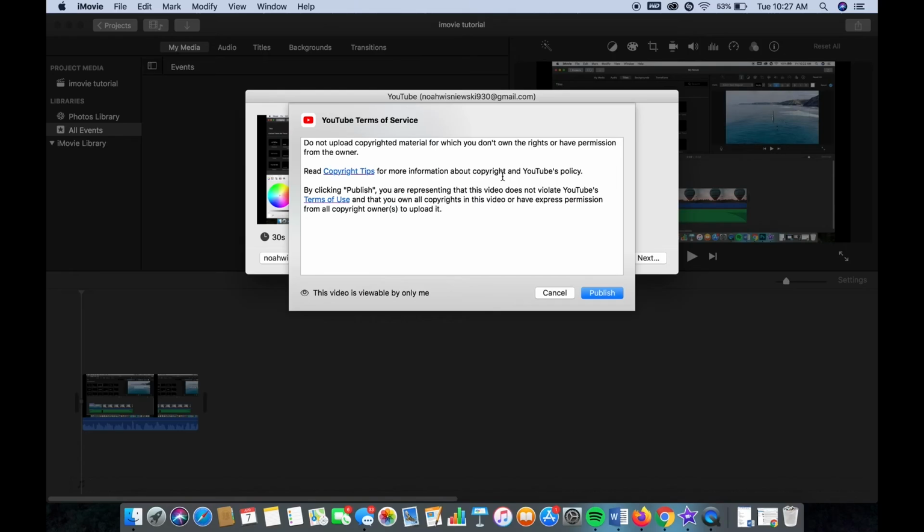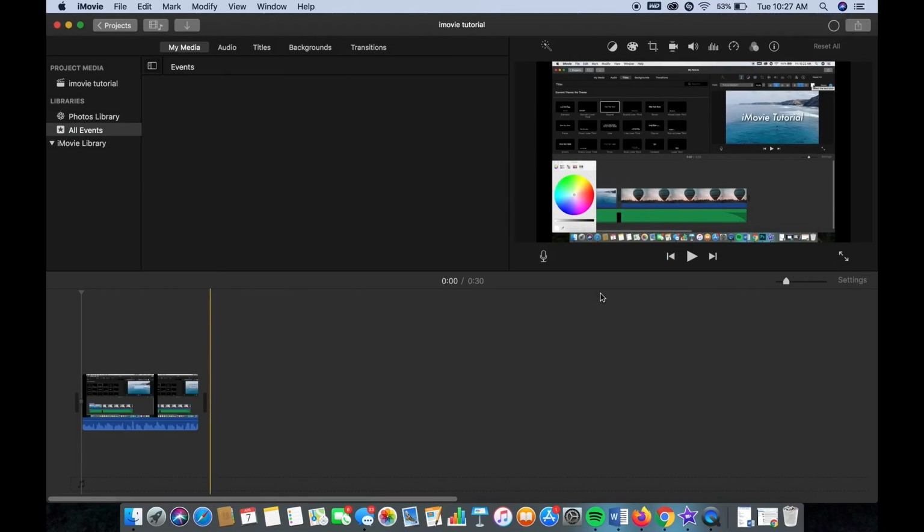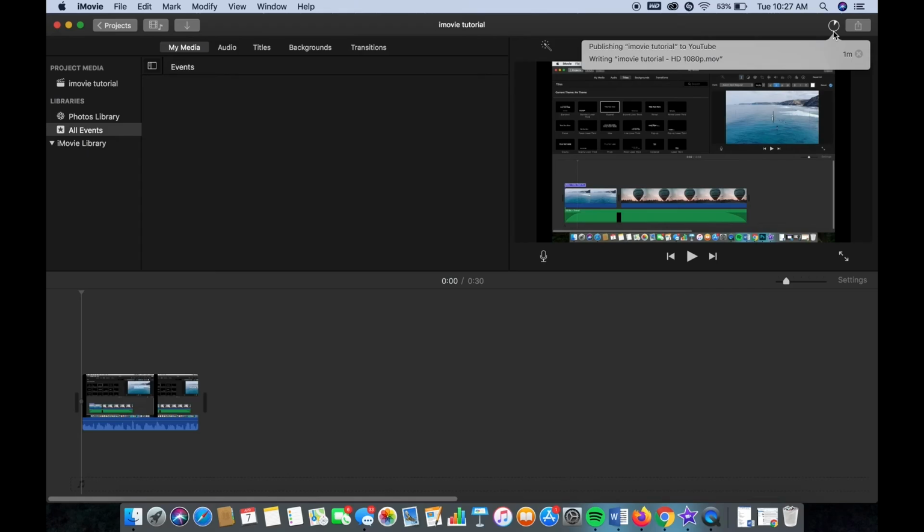So we're going to click publish, and it's going to take it back up to the top right corner. There's going to be a little white circle, and this is going to show you the activity on what's going on. So right now it says that it's writing the movie, and it's going to take about a minute to upload, but depending on how long the video is or how much editing you've done in it, it's going to take